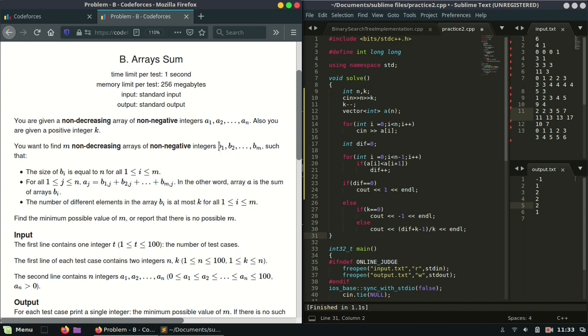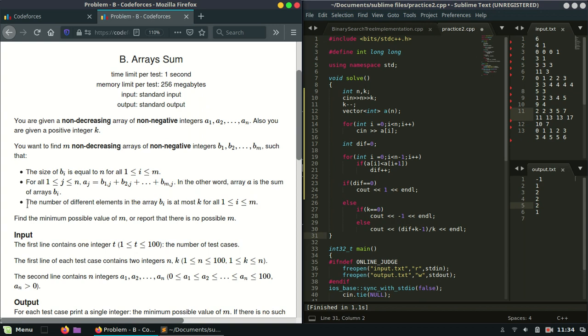Such that the size of each array is equal to n, for all m, for all j, aj is equal to the sum of all jth elements of those arrays.